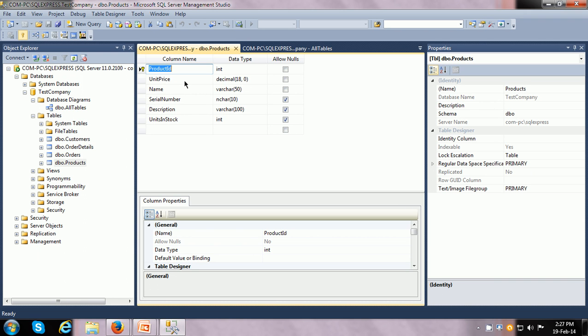This looks okay, the name looks okay, the name is there, and 50 characters may or may not be sufficient depending on what you know about the data being used in the application. Then serial number is okay, description looks okay, and units in stock looks okay. One other thing you have to test is that